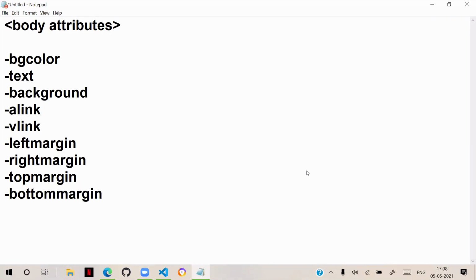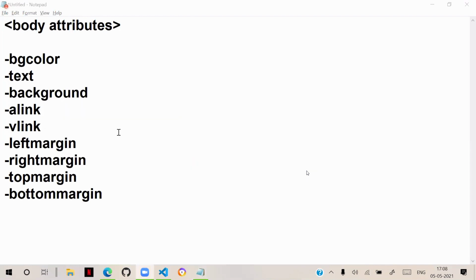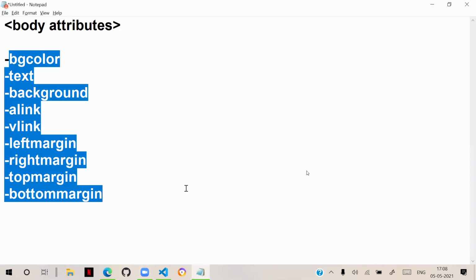All these are the options. These are all attributes of the body tag.